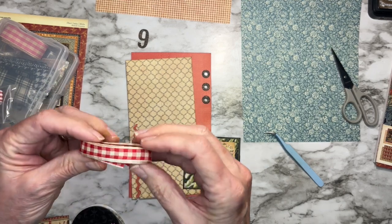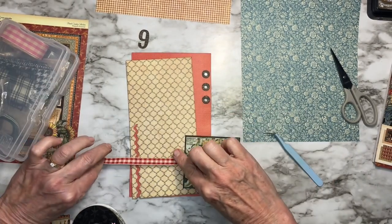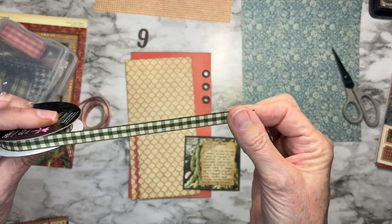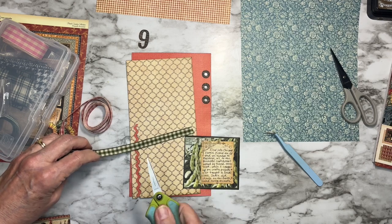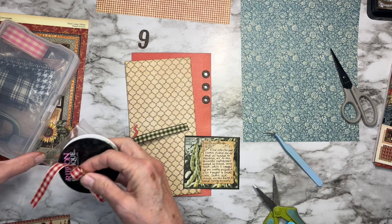So I've got this, it's more ivory and red. So that's a lot of red on the page. But then I have the same in green. I have just a little bit of this, and I think that's what I'd rather use, just because of the green beans over here. So I'm just going to cut a small piece, tuck all this away,